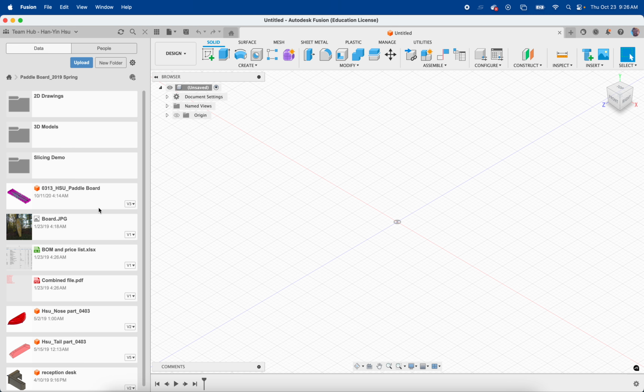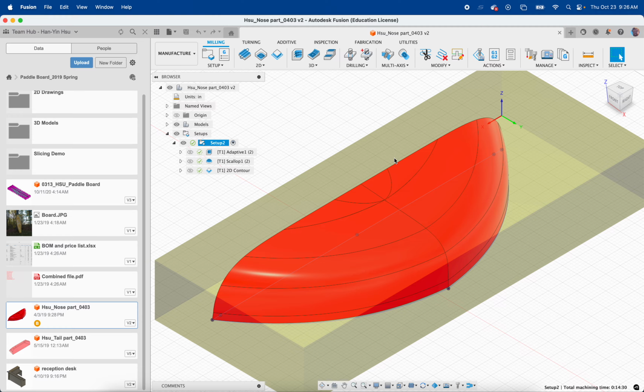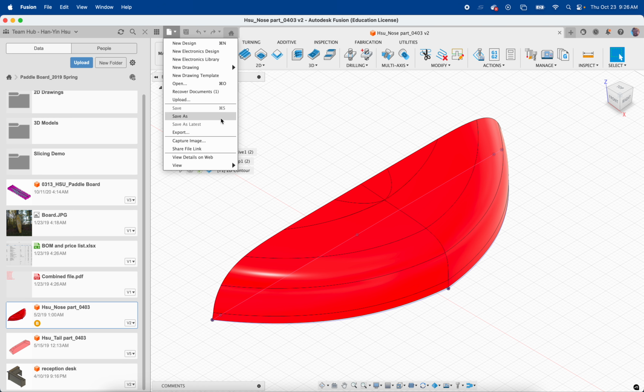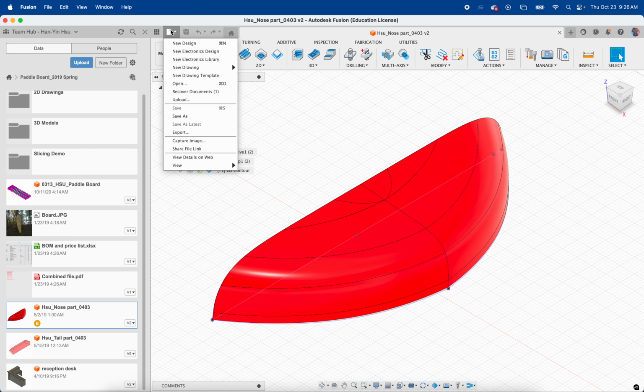First, I should have mentioned that you should save your file. Well, let's pretend that I'm starting where you are now. So I'm going to open up a file that we made a long time ago. And before we switch back to the correct hub, I'm going to first save this, so file, save, and then I'm going to export it as well. So I'm going to export it so it's just on my hard drive on my computer. So file, export,